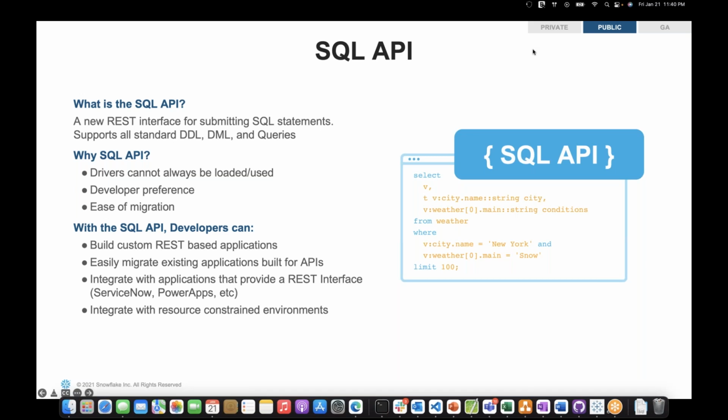Now think of this: your data has been stored in a database, and you want to quickly look up that data. You can use the SQL APIs. The SQL APIs allow you to write SQL queries which trigger via a REST API based method, a POST or GET, and you get your result back from the database immediately.